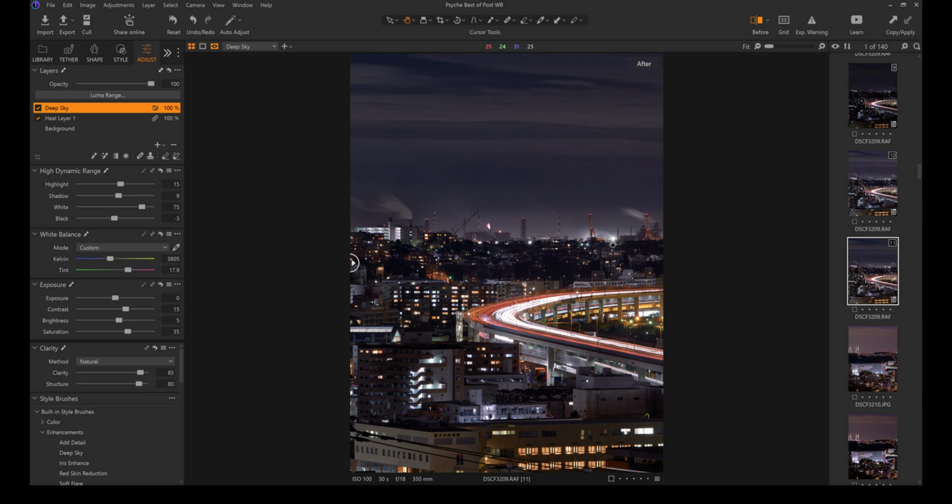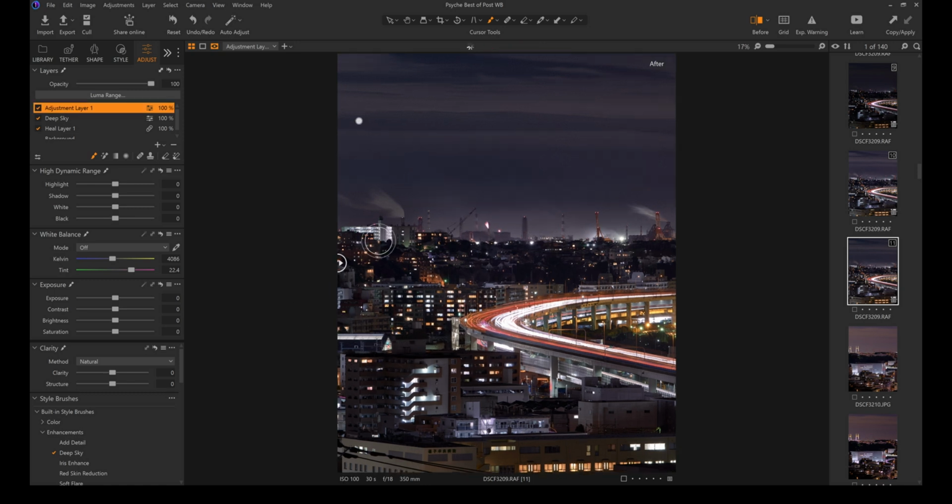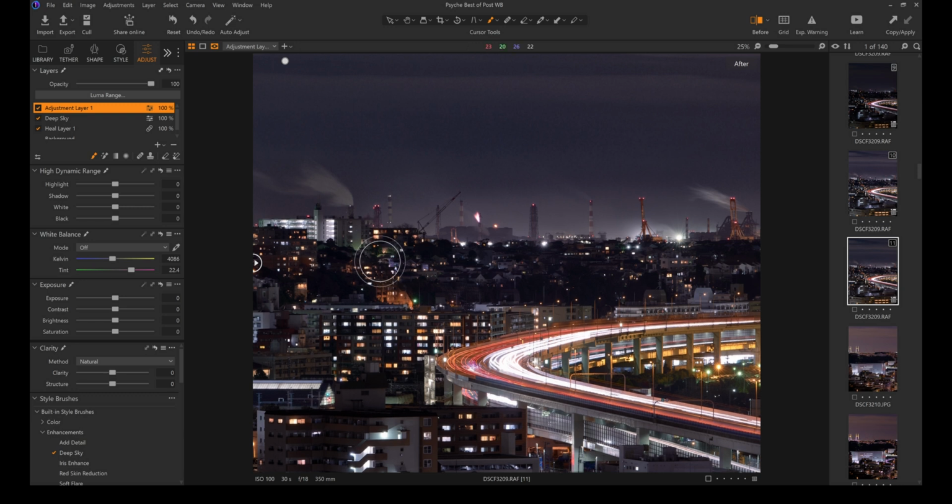Now, I think why this is looking a little bit weird to me is because I have not addressed this building area here. So we are going to do a new layer, and then this layer we will do as a... Sorry, we're going to do it down here. Use on new layer. So that will do another deep sky layer, and we'll make this much, much, much smaller. And we're just going to basically go in here and adjust